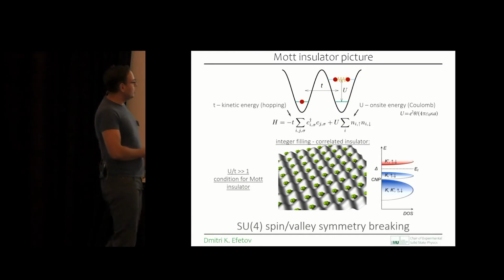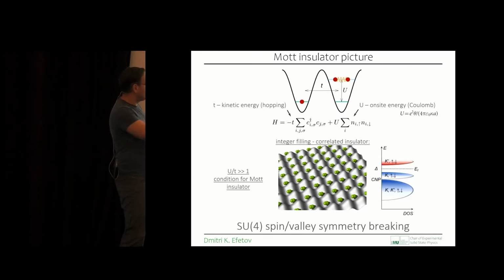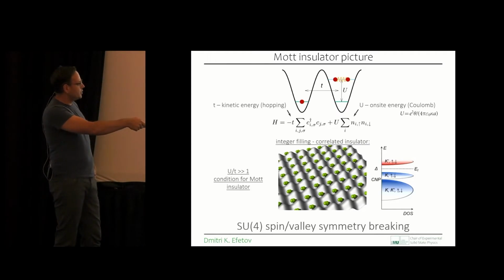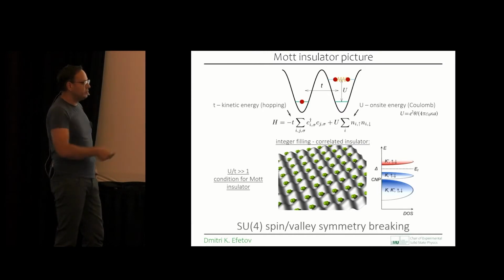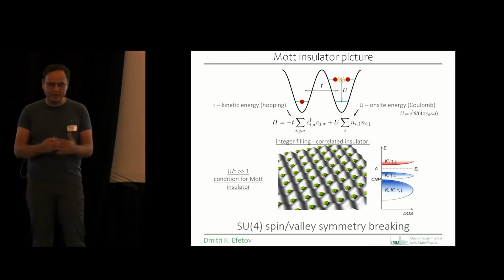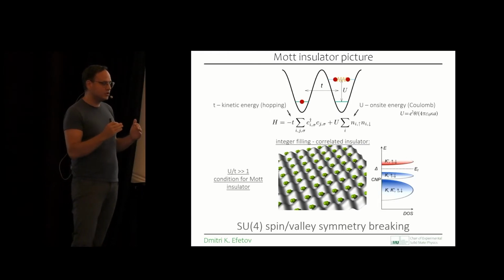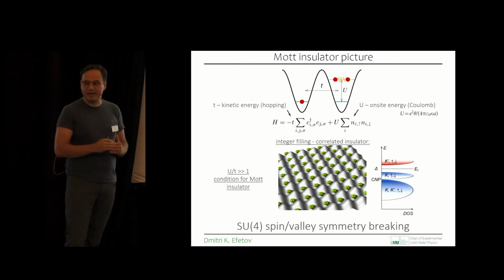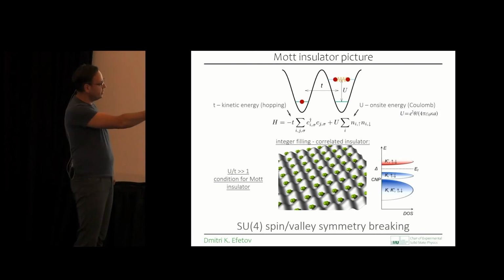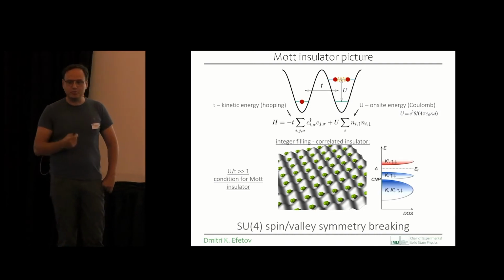So the electrons don't like to tunnel to the nearest neighboring site because it costs additional energy. And such a situation occurs at 1, 2, or 3 electrons per lattice site. When this localization happens, an energy gap is formed in the otherwise metallic band. And this energy gap polarizes and breaks some symmetries of the band. As I mentioned before, we have 4 degeneracies here, spin and valley. So when we open up a gap here, we necessarily break one of those symmetries.